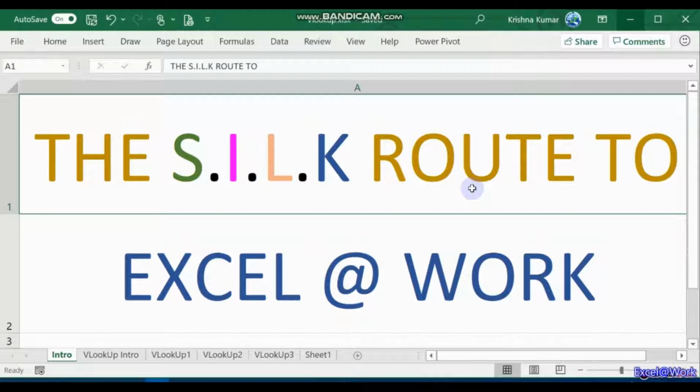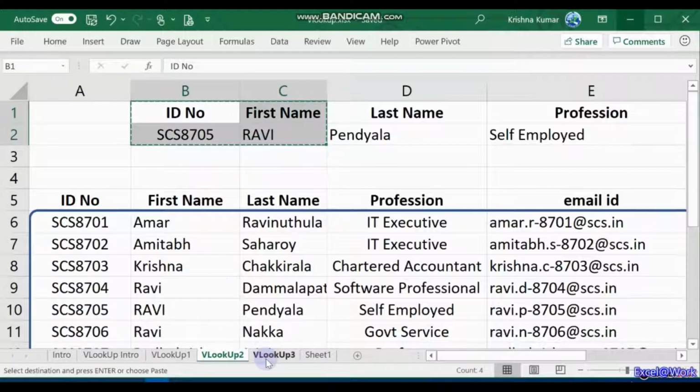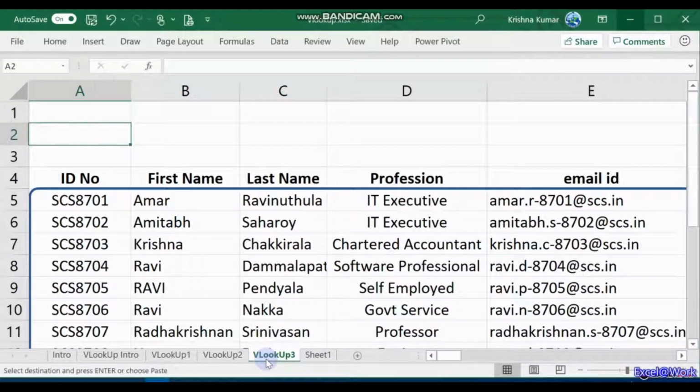In the previous three sessions, we have been looking at the VLOOKUP function. We'll go further on the VLOOKUP function here. In the previous session, we have seen how to copy a VLOOKUP function from one cell to another cell with minimal editing changes to the copied cells. I'll just copy the earlier cell to the new worksheet here.